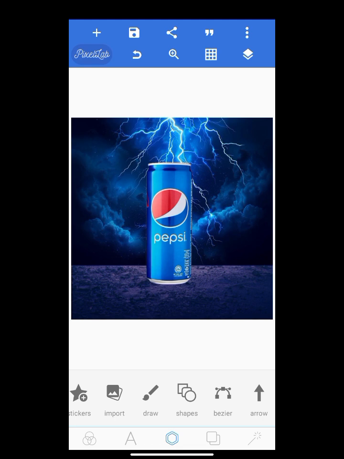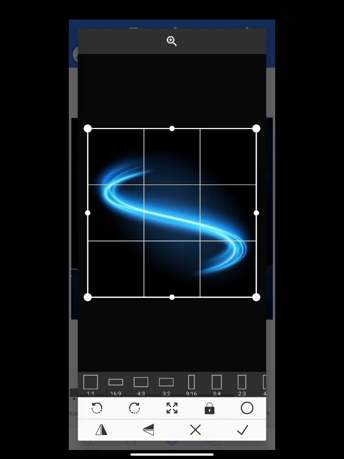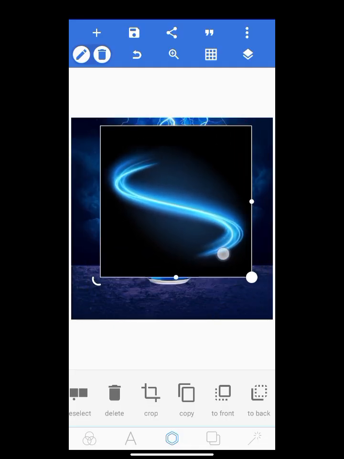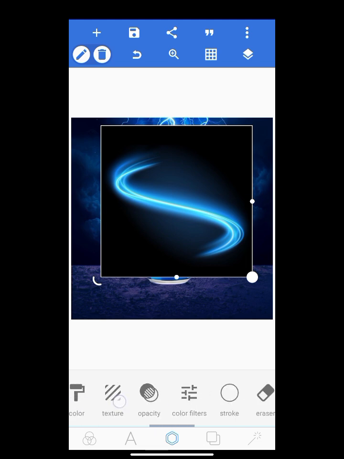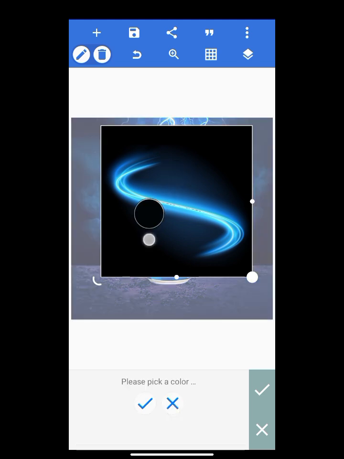So now we'll go ahead to add the flare. So we'll go over to import the image of the flare. Okay, so this is the image we'll be using. We'll just go ahead to erase color. We'll go over to erase color and we'll enable erase color, and we'll select this color picker or eye picker, and we'll click on